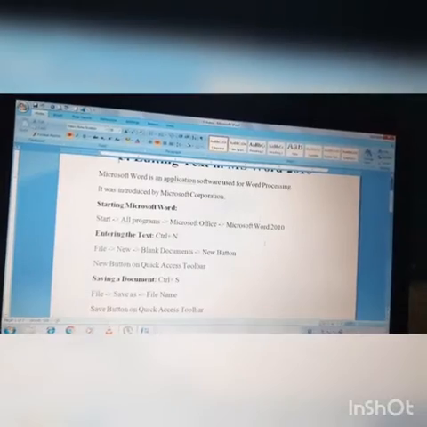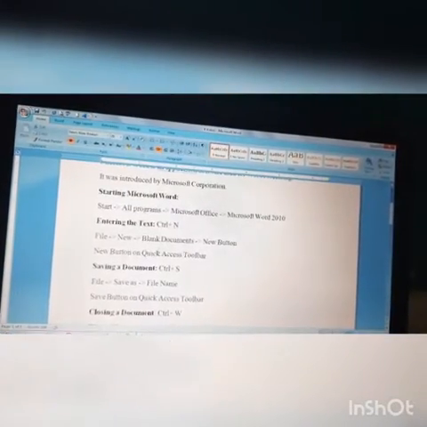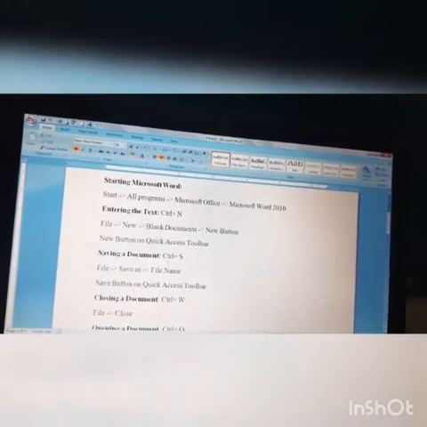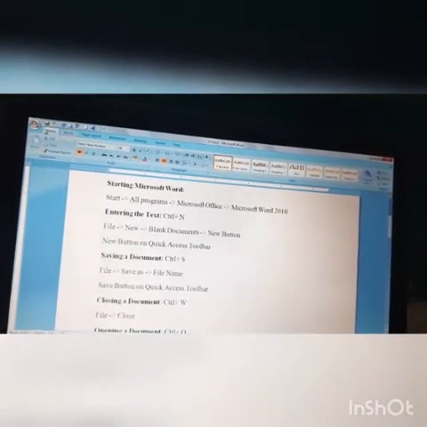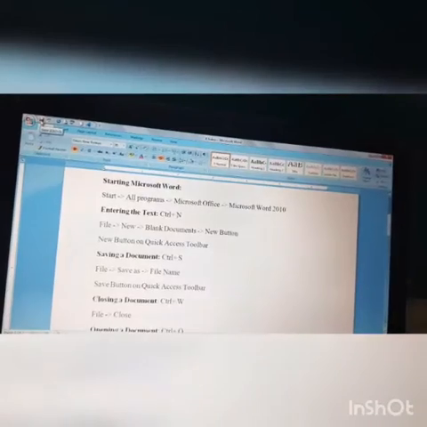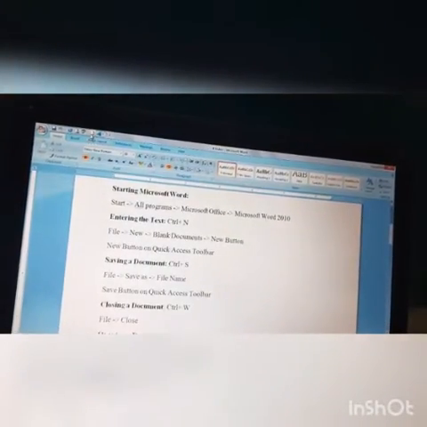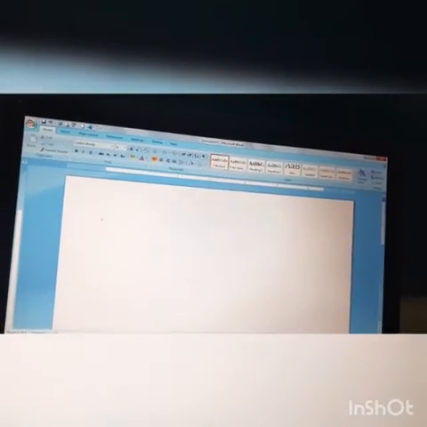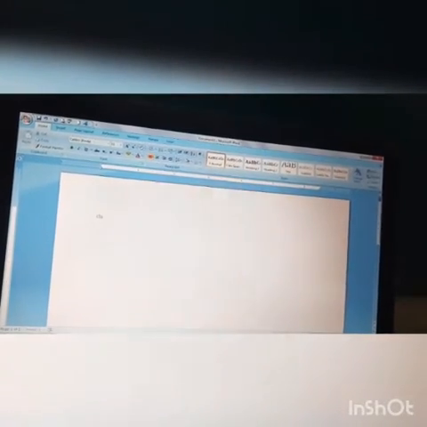First we started with a new document and saving a document. Saving a document. How to save? So I'm opening a new one, and I'm saving as Class 4.